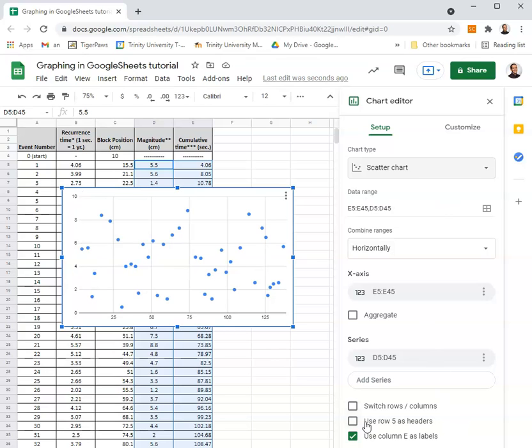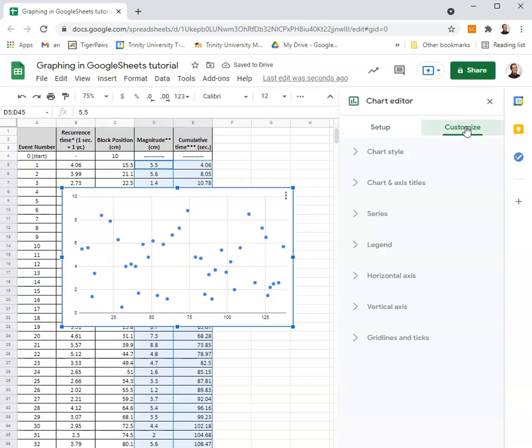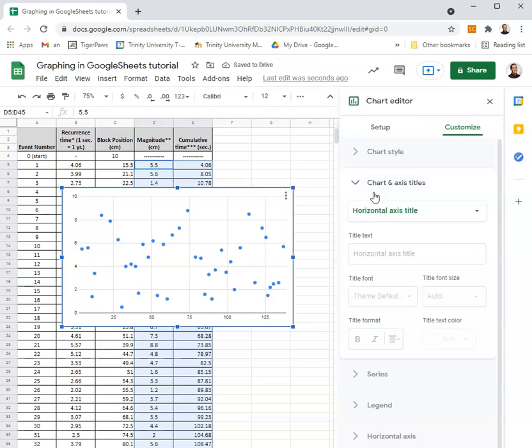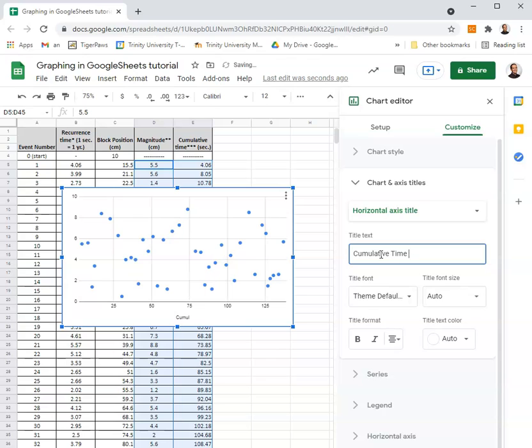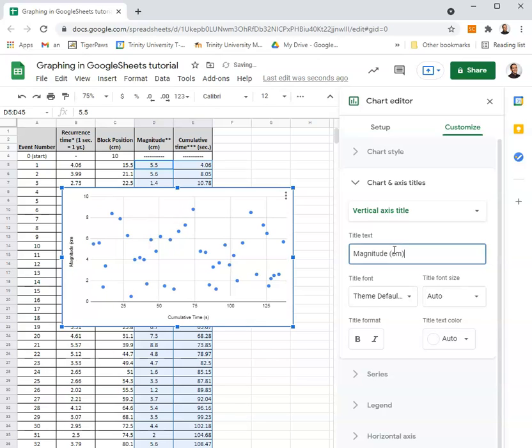You should, in this case, customize this, add axis titles. So in this case, it didn't automatically look above, and so for the horizontal axis I would write down cumulative time, seconds. So that is done, and I can do the same thing over here, and in this case it's magnitude in centimeters. Okay, so that's done,